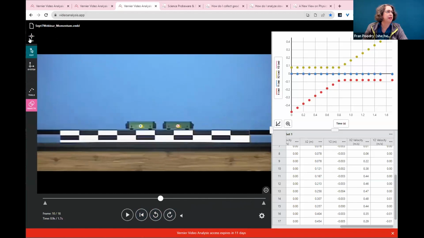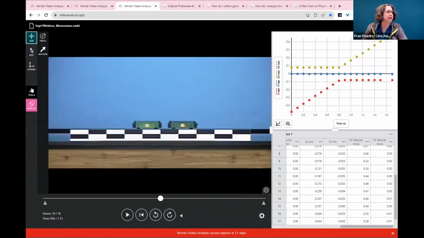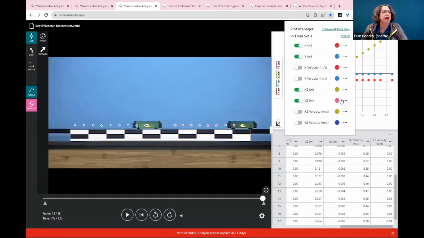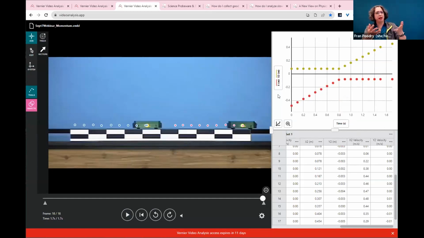Ta-da. And then I'm going to go back to looking at these, and I'm going to show the trails again so you can see all of them and play to the end. And so here you can see that these stay totally at the correct vertical position, so I don't need to care about that, but I can care about the horizontal position, and you